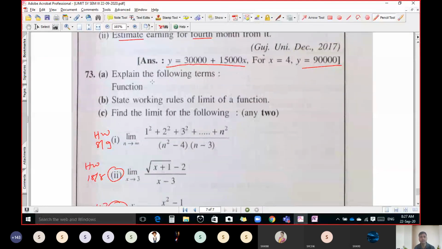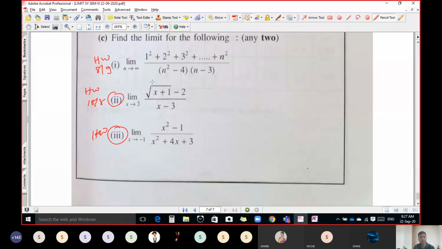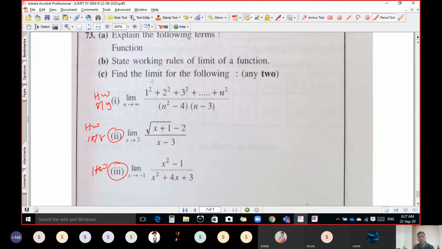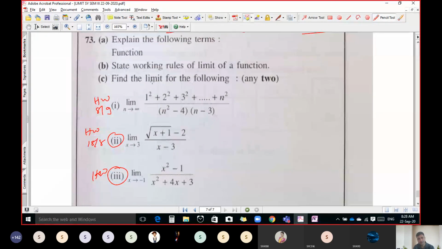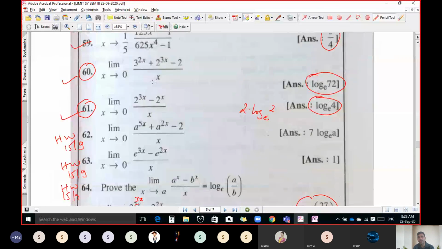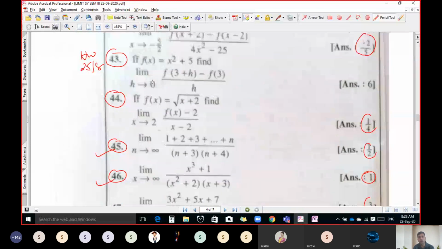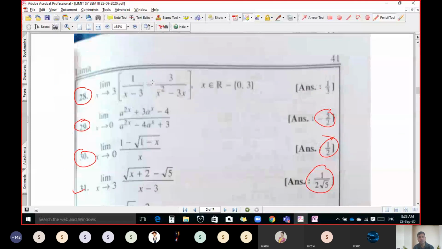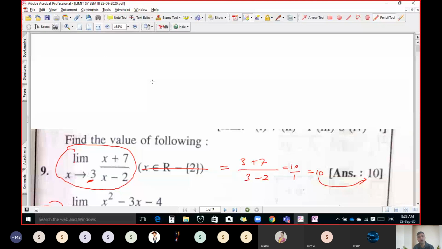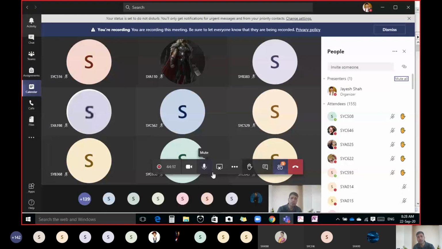These are our theory questions that we already discussed. So this is the end of the first part of the first chapter. The name of the chapter is Limit and Continuity. I solved most of each and every question. From the next lecture onwards, we will discuss the second part of the chapter, that is continuity of the function. But still, if you have any doubt in any of the questions, you can ask your doubt.